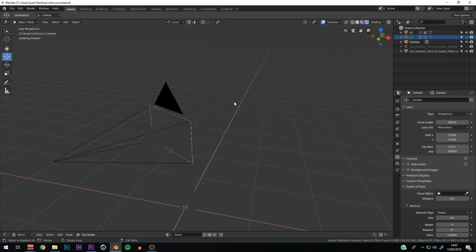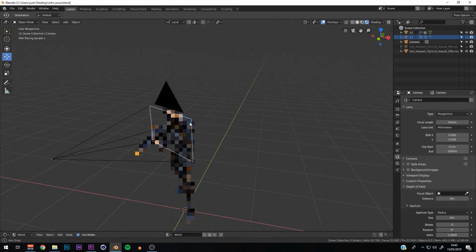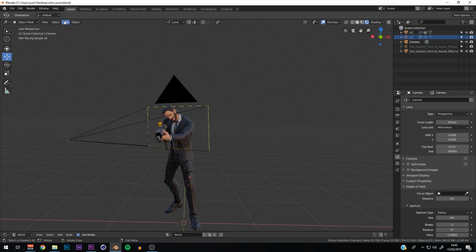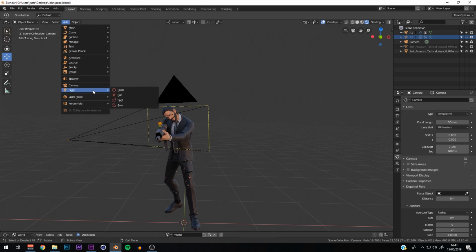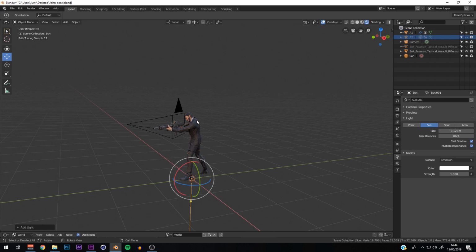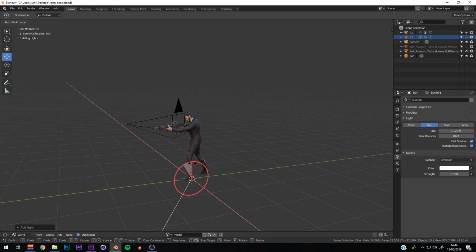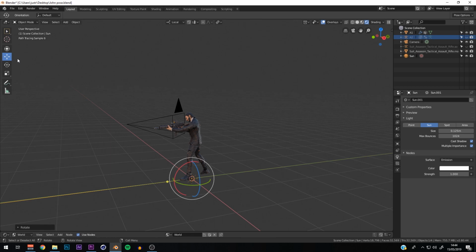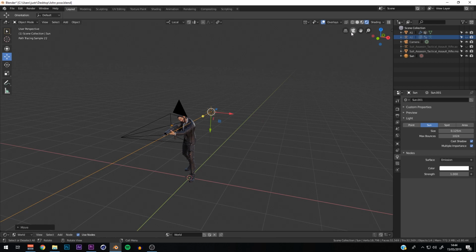If we go into the render view here, now what we're going to do is add the HDR in some basic lighting. Now if we go to add light, and of course sunlight, I'm going to start off with the rim light. That's the light that comes from the outside and goes into the middle, you could say, but it's not going to be as bright as you think. So if we just maneuver this into the right area,